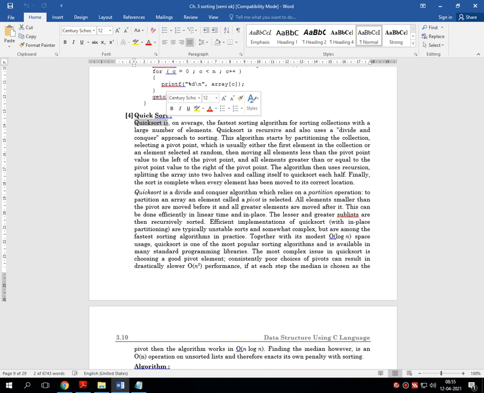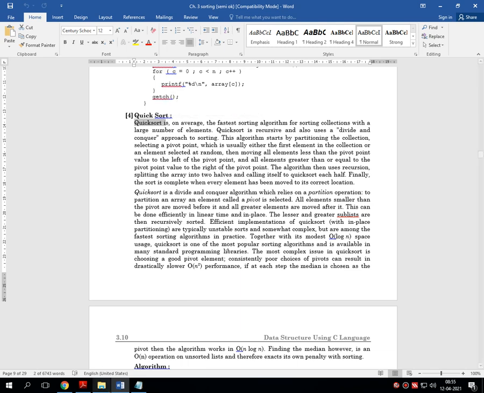One new word is introduced here: pivot element. We will discuss it in more detail in the algorithm. But what does a pivot element mean? The pivot element is the element or number in the central part of the entire list.